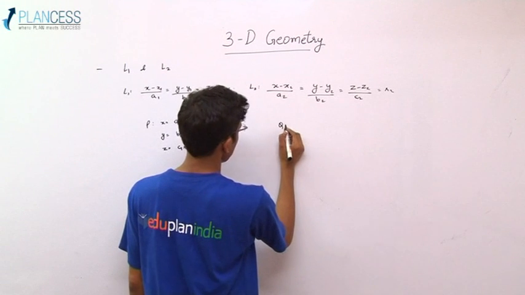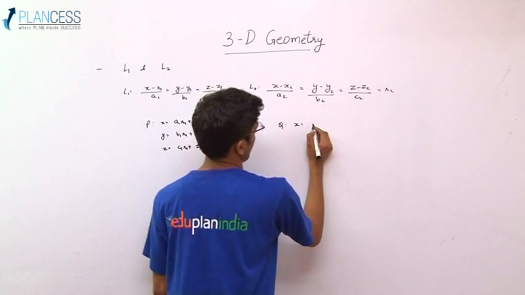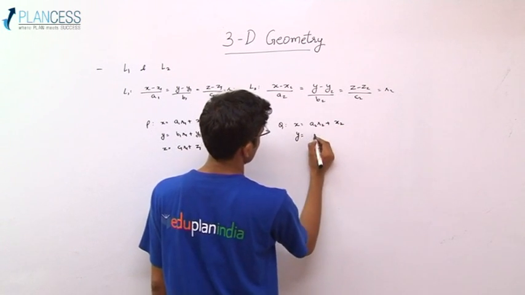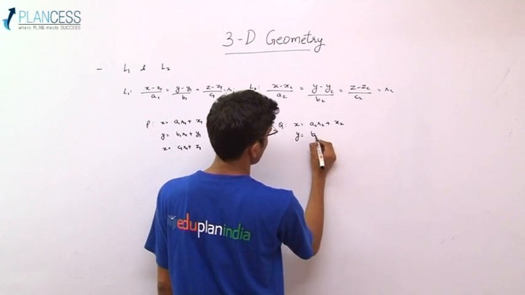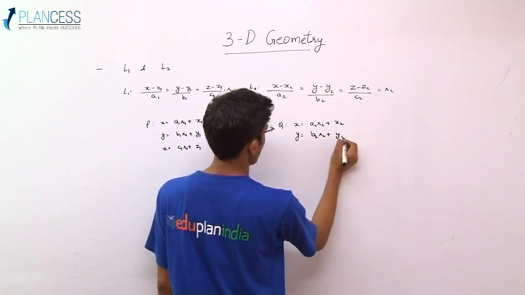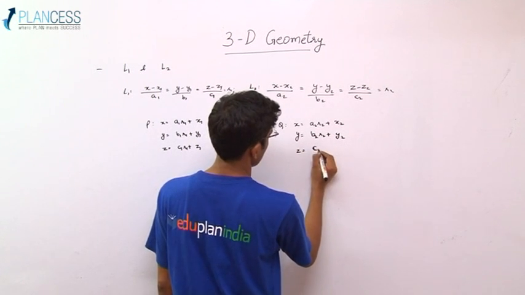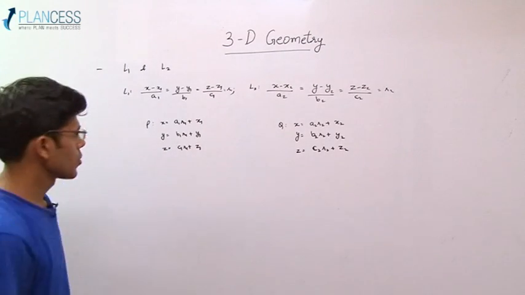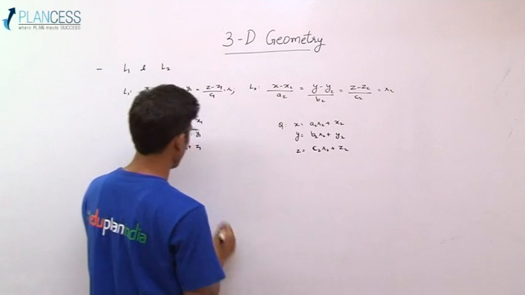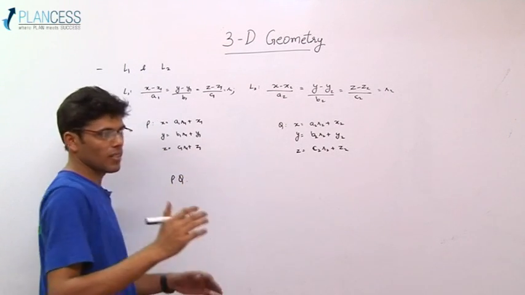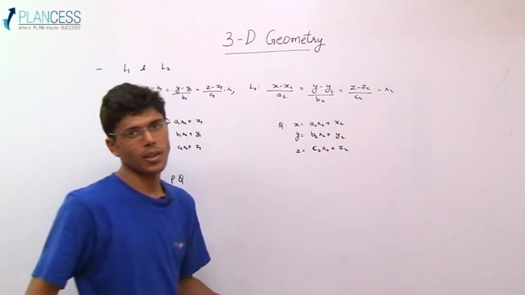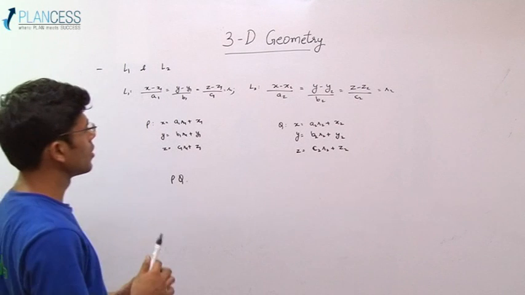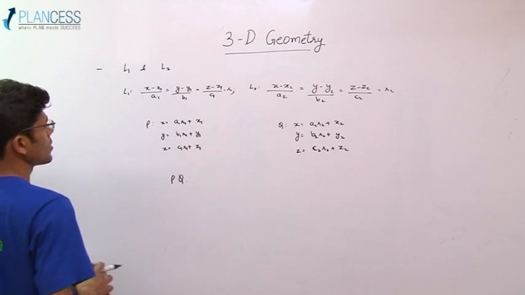Similarly for a particular point Q on line L2, x equals a2 R2 plus x2, y equals b2 R2 plus y2, and z equals c2 R2 plus z2. So we have point P and point Q. Now our line is the line joining P and Q. And given some special constraints, we can eliminate R1 and R2. And actually, we can find R1 and R2 since,